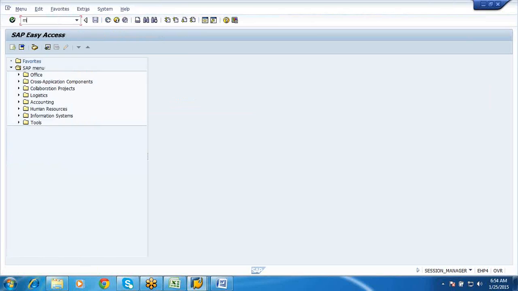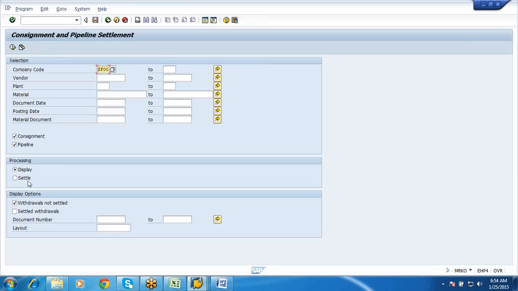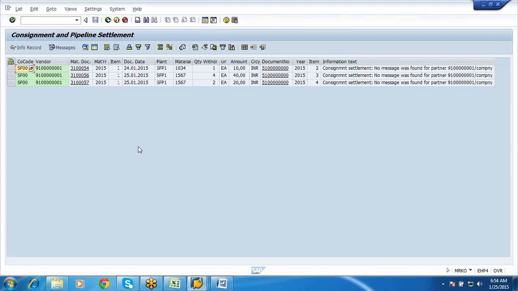So MEMRKO. Now if I go for settling, see here, all the three transactions have been completed and you have got the invoice numbers.